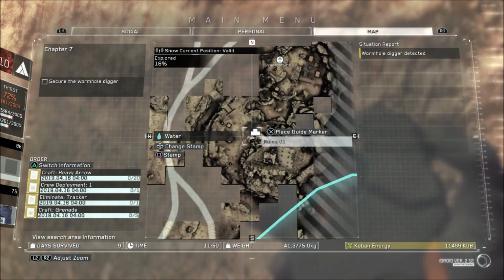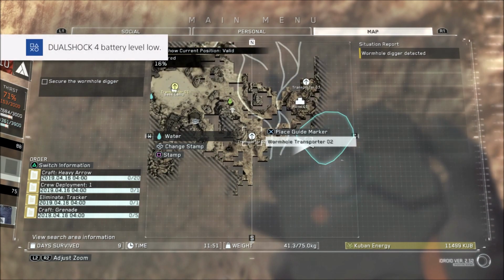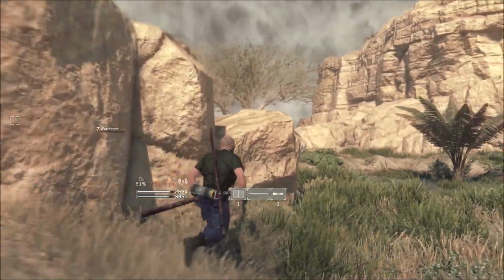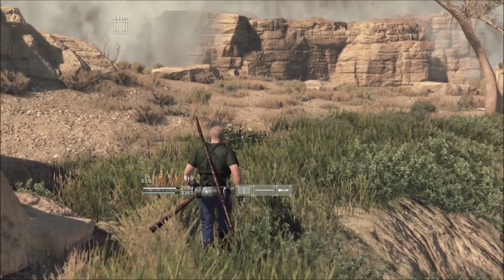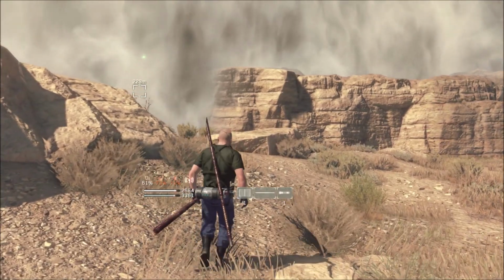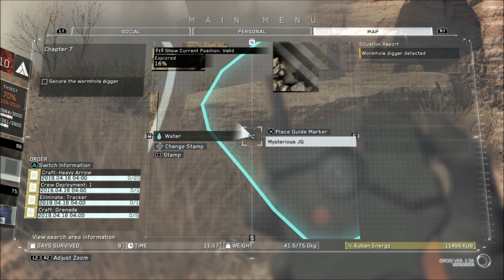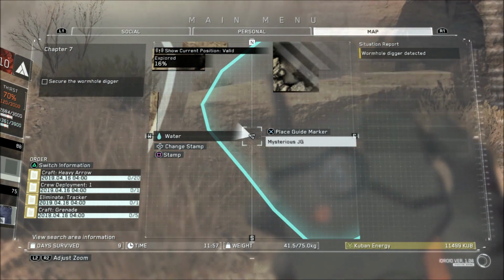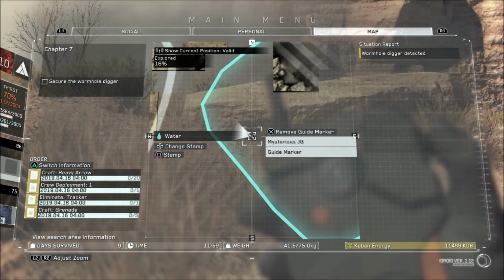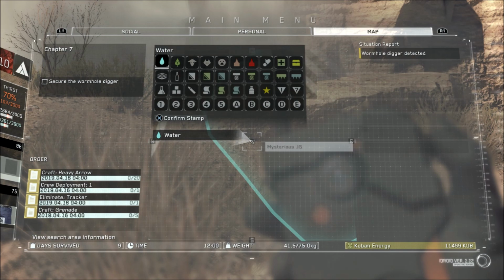Although, while I'm out of the dust, I'm also out of the area where you can't really dependably use your map. I can depend on my PlayStation controller batteries running out, though. Apparently there's a Wanderer corpse I missed. This might not be a terrible spot to mark on my map for... I'm trying to do the change stamp to...